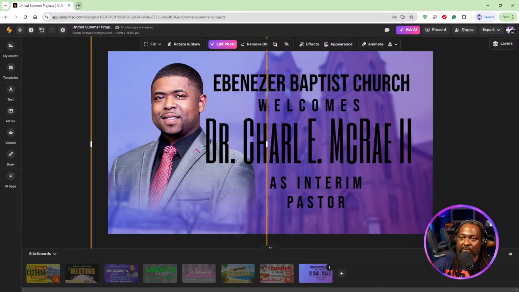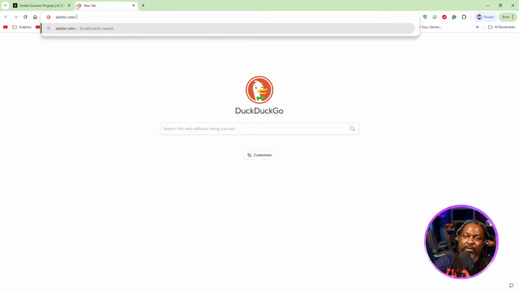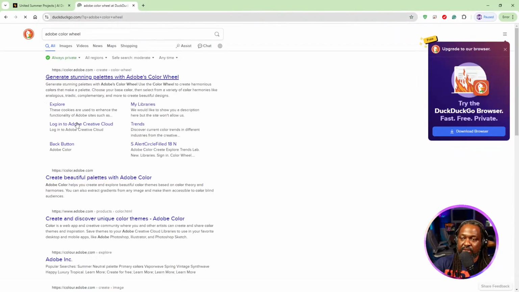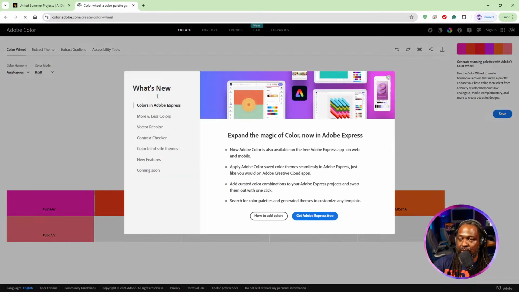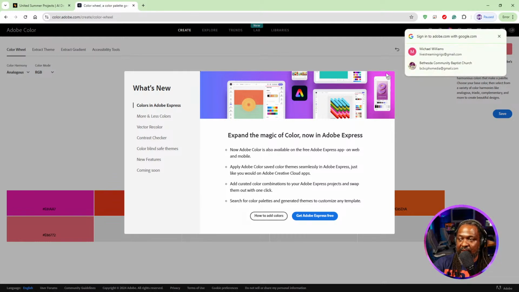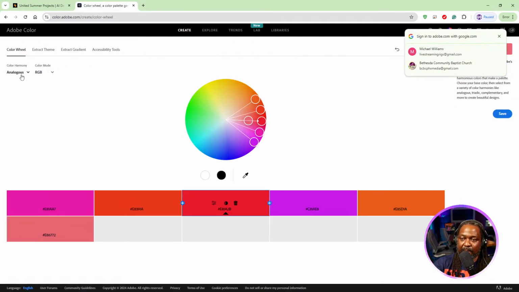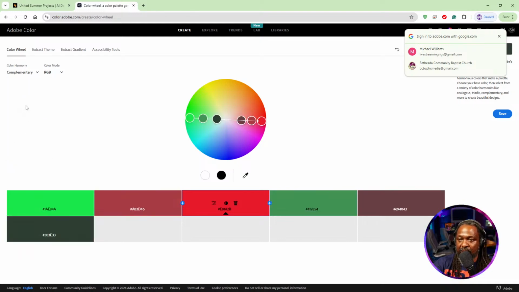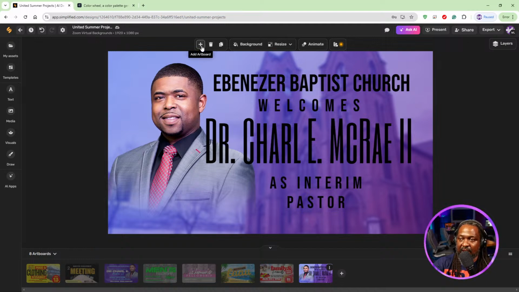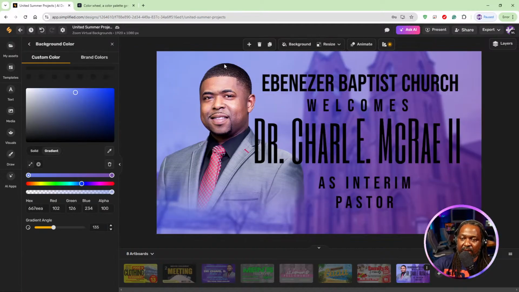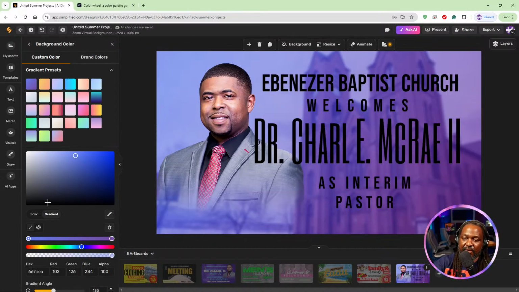Now, another thing you can do is I'm going to open up a new window and go to Adobe Color Wheel. I don't know what it's called now, but essentially it helps you pick matching colors for what you're doing, and you just add these colors, and so I'm gonna pick the complementary colors. So I'm gonna go into my project. I'm gonna look at the background, and I'm gonna hit on background, and I'm gonna click on the color code of the actual